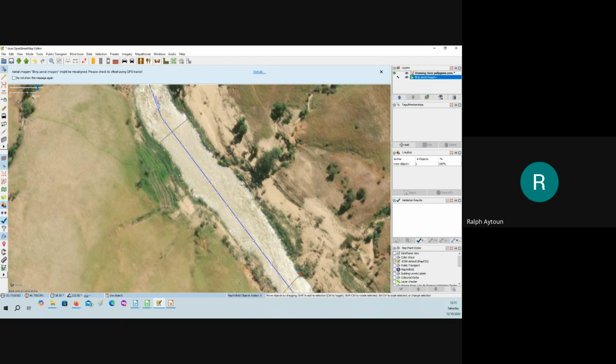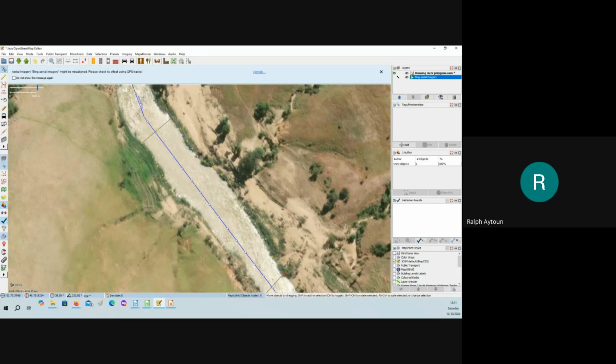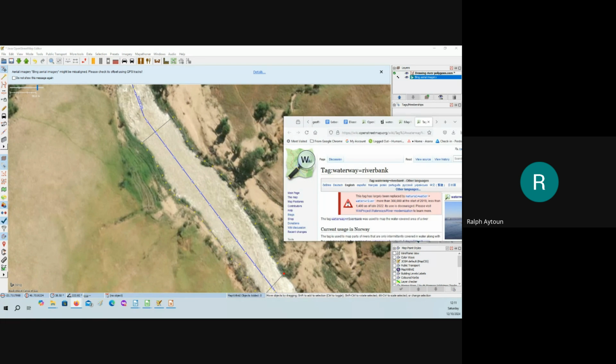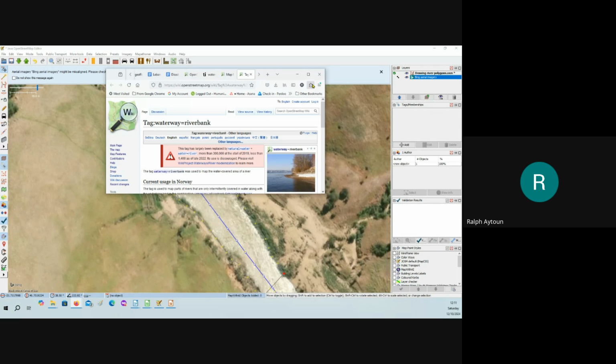Now, for tagging of this wide river, you are going to come into a bit of confusion. So let me just introduce you to the map features page, right? The old way of tagging this was waterway equals riverbank. That was it.